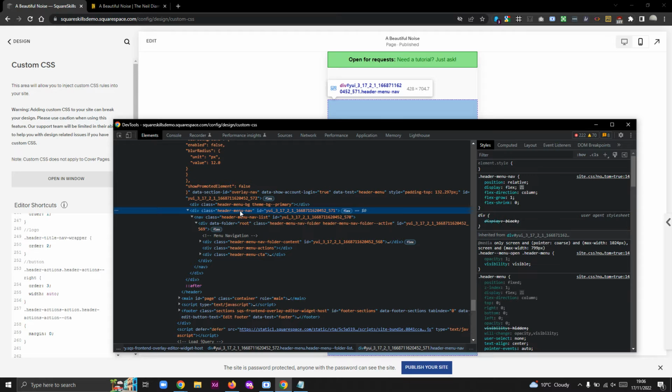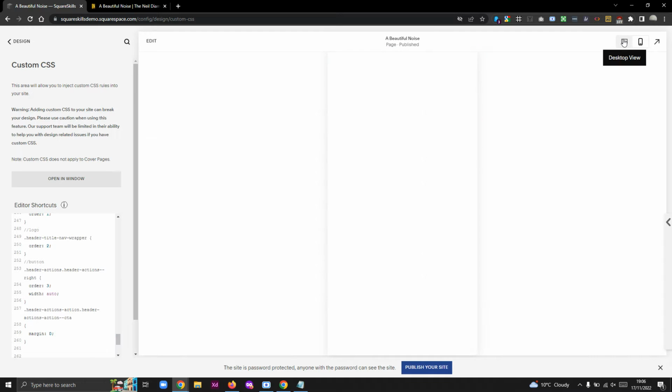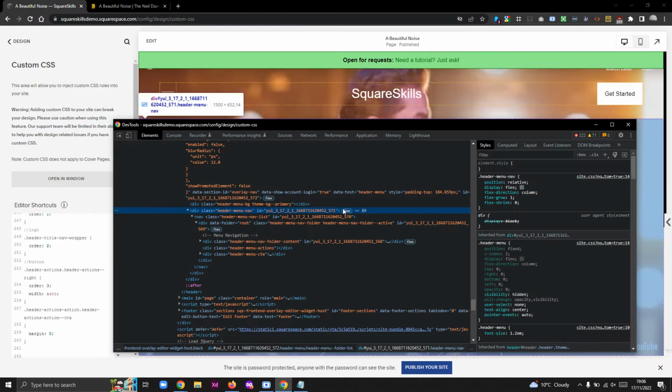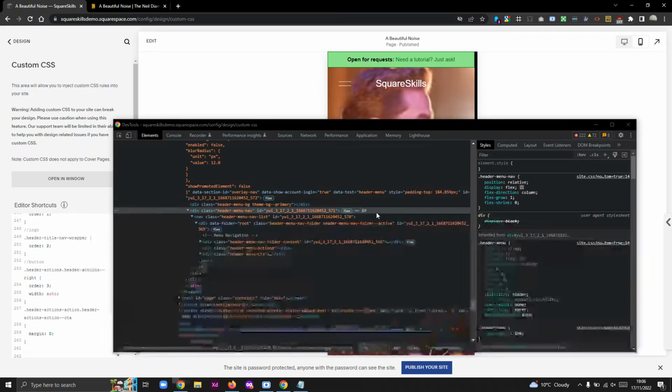Scroll through, I'm looking at classes, header menu nav. That looks like the element we're talking about, because we saw that the logo and the X were working on desktop. So I'm going to select that, and I can already see what the issue is, but let's go to desktop for a second, reopen our inspector, and look at the CSS here. That visibility hidden stands out immediately. There's also an opacity 0 above it. If we switch back to mobile,